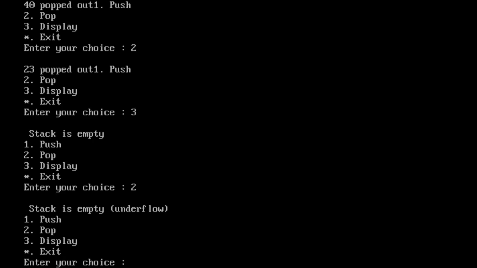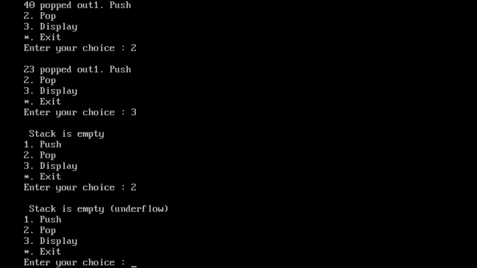I will never be able to fill such a big stack in my lifetime. Such a huge memory I have. That is why push does not have an overflow condition in the linked list implementation.